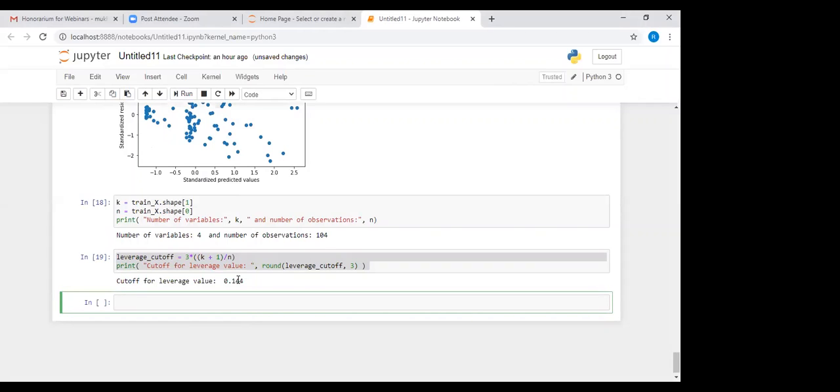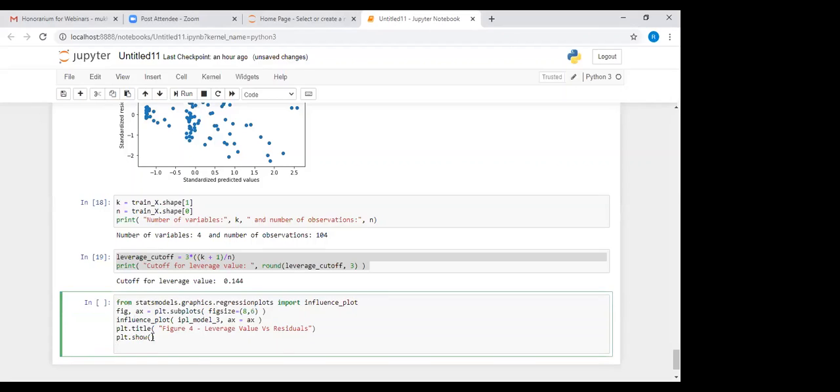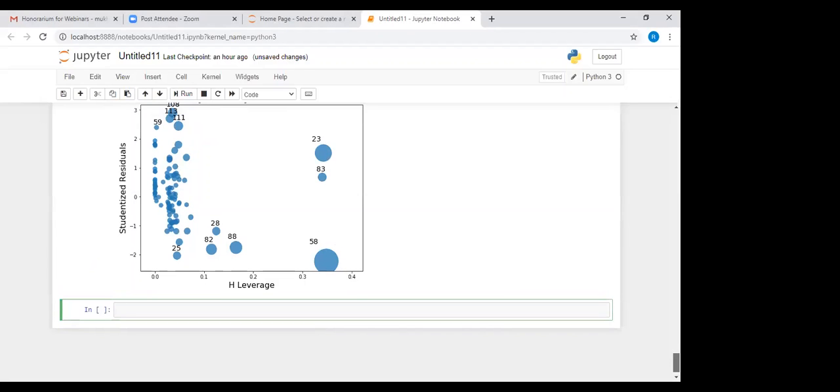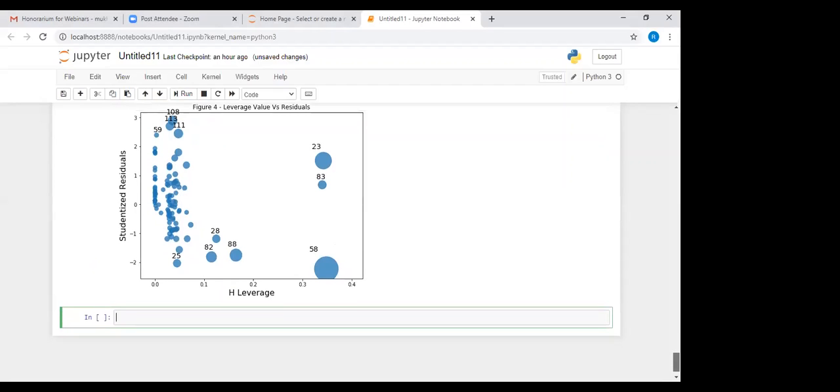Now let us have a plot for the influence. I have used once more a function. I'll share the code, you will use the same function. You don't need to reinvent the wheel. You don't need to define the function, because there is nothing great in reinventing a wheel. So see, the points 23, 83 and 58 have high leverage with residuals.